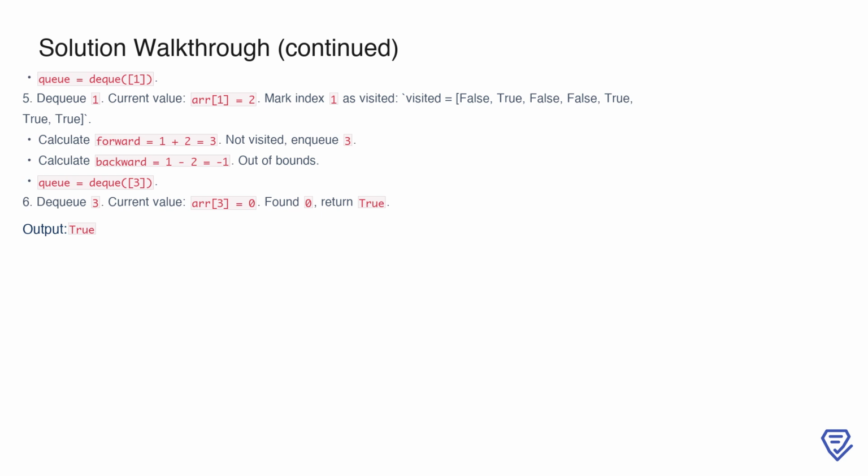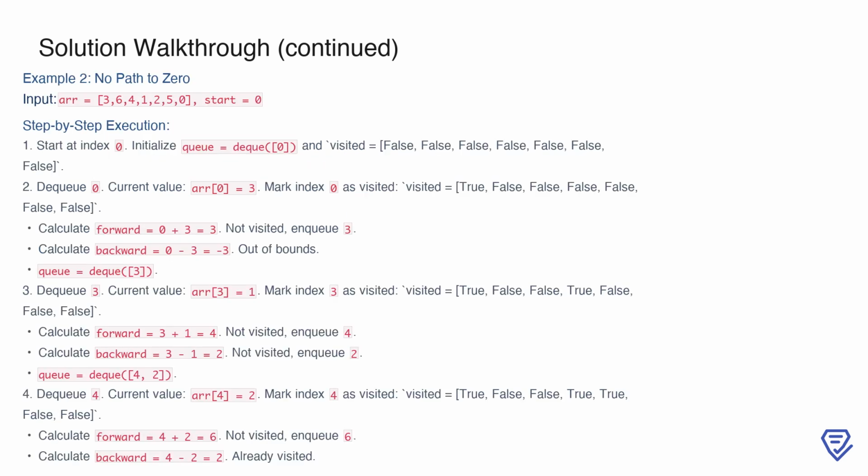Dequeuing index 1 reveals the value 2. We mark index 1 as visited and calculate a forward move to index 3, which hasn't been visited yet, so it's enqueued. The backward calculation results in index -1, which is out of bounds and hence ignored. The queue now holds index 3. Dequeuing index 3, we find the value 0, which is our target. Since we've reached a 0, we return true. This concludes the first example, as we've demonstrated that it's possible to find a path to a 0 starting from the given index. In the second example, the input array is